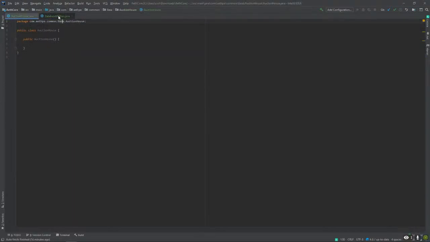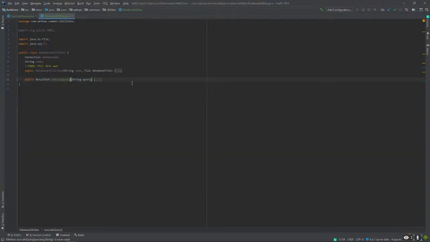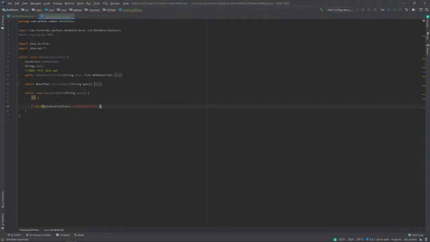So now that I have that, I should do a public void execute update string query, where I also basically just do the same thing.